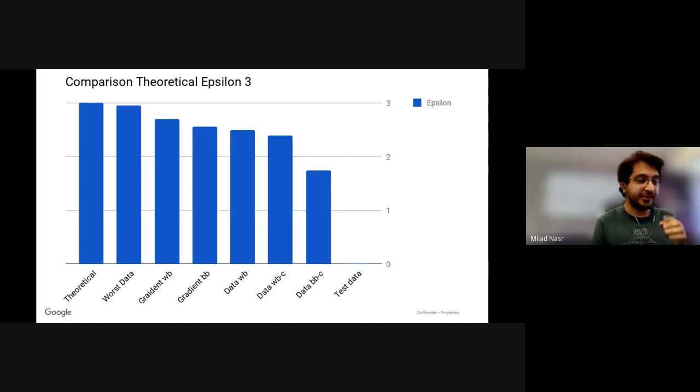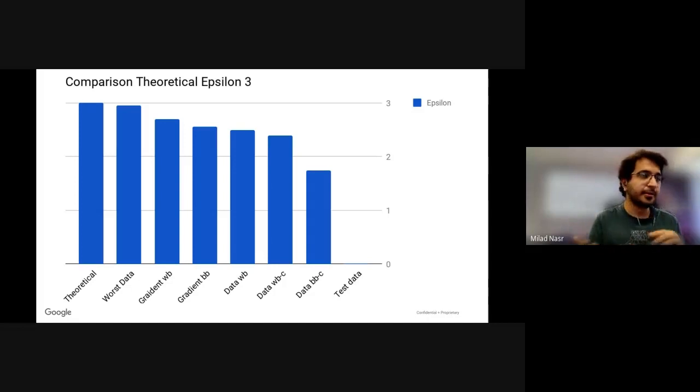privacy. If the adversary can look at the gradients and change the gradients, again, it can gain a lot of information. If the adversary can only change the data, the leakage is much lower than with the gradient, but still it can get a lot of information. And if the adversary doesn't have white box access, only black box access, it's more limited.